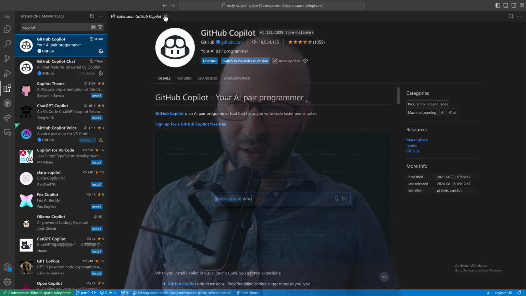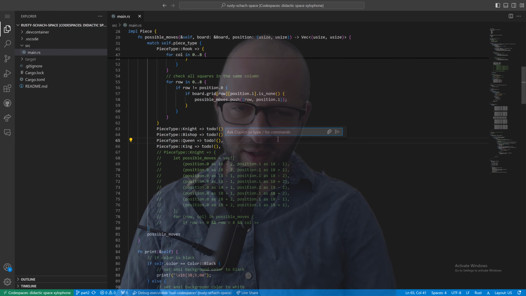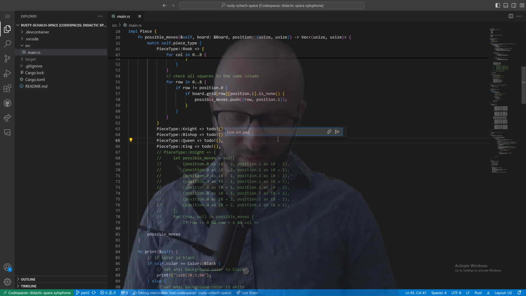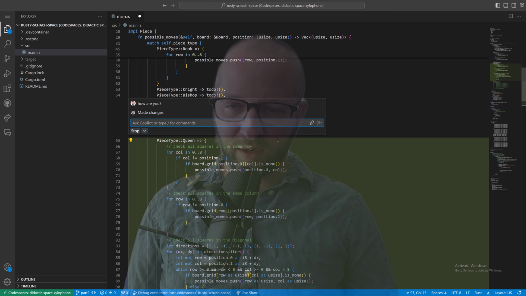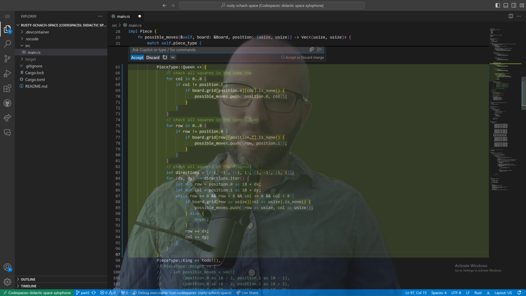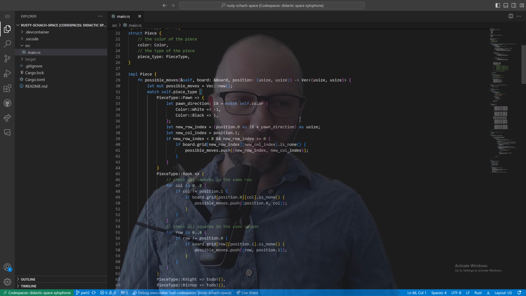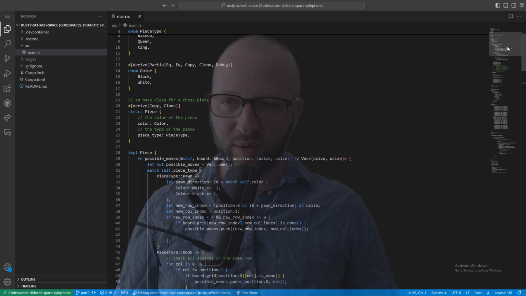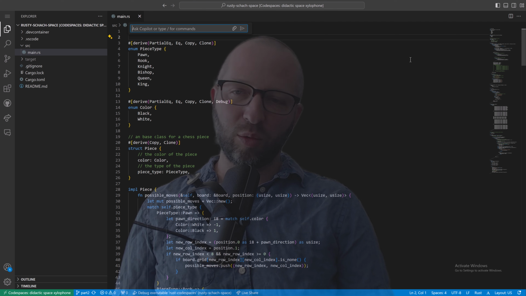So it's installed, I guess. And are you alive? Is Copilot alive? Control I? There we go. How are you? Okay, you are queen doing things. Sheesh. Oh man. Should we just take that code? No. Let's figure out the printing. Where do we print? Okay, let's just see. Make it print,